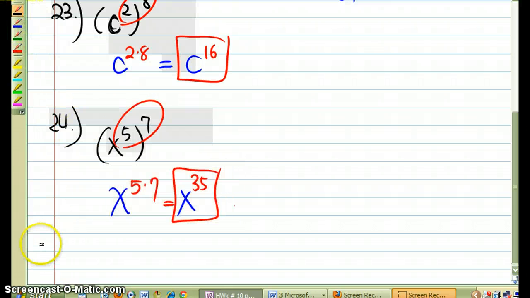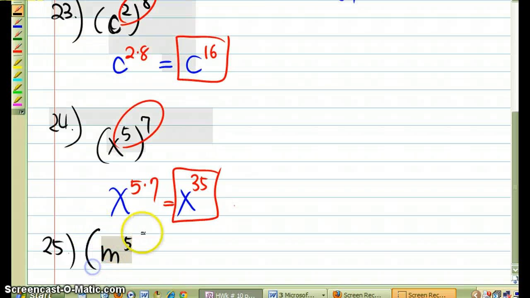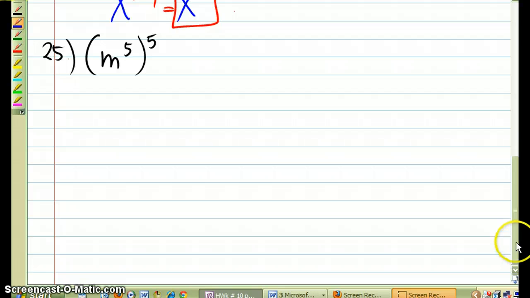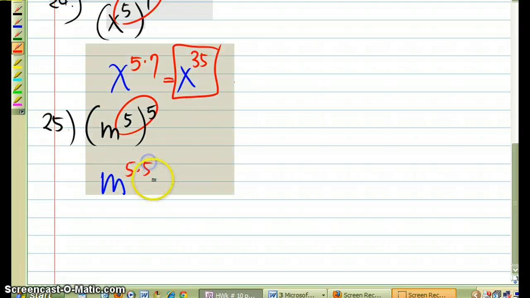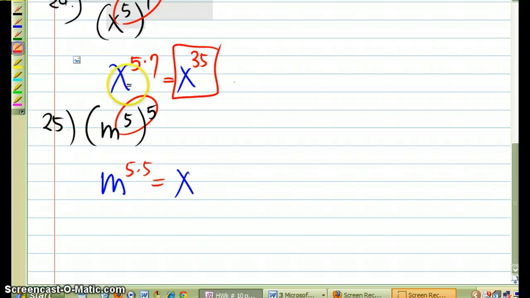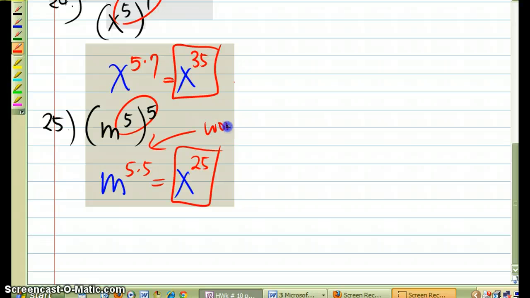And number 25. Here's copying down the question. My homework should pretty much be looking like this so far. I have m to the 5th power, and all of that to the 5th power again. So here, power to a power. And I keep my base m. I would multiply my two exponents, which is 5 times 5, giving me a final answer of m to the 25th power. And yes, this is the work that I show, and I have to write that out when I work out my answers tonight for